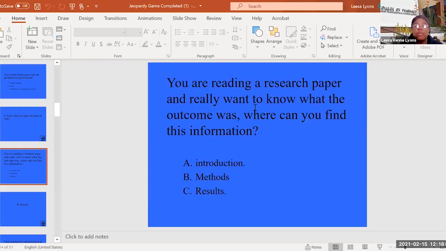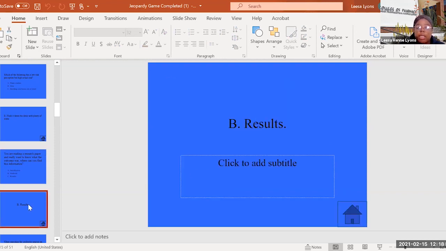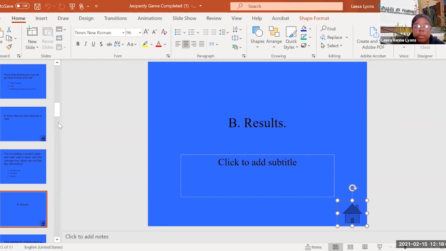click on it. So you're reading a research paper and you really want to know what the outcome was. Where can you find this information? So the 100s have answer choices, so A, B, and C for students to choose from. And then we see the answer is B, results. And then you can click this little house in the corner to get back to the main page when you're